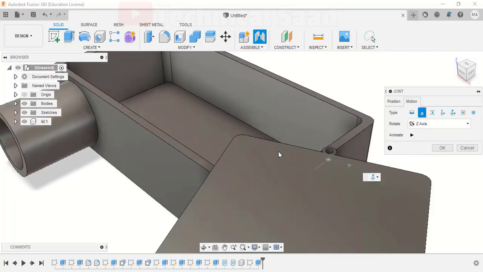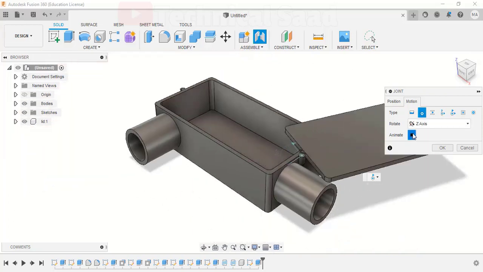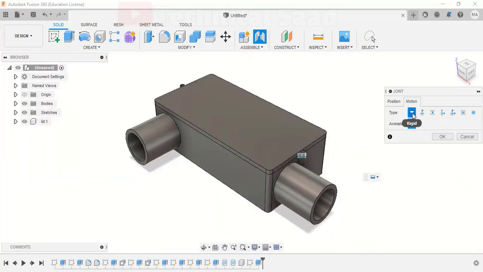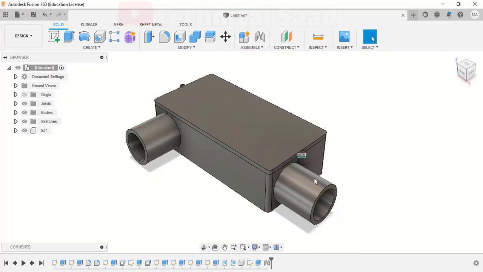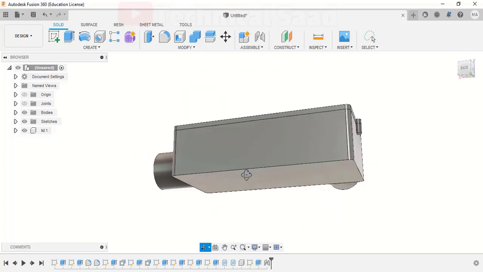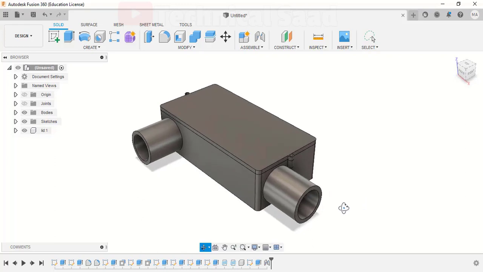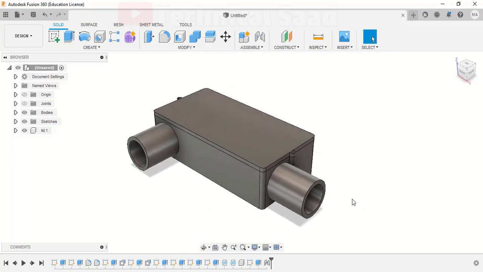The lid is moving around the first component. That means the lid is fixed on a certain point on the first component. So in the last step, we will use the fillet command to make the edges smoother. For that, select the edges you want to curve and smooth, then curve them according to the given value of your diagram.